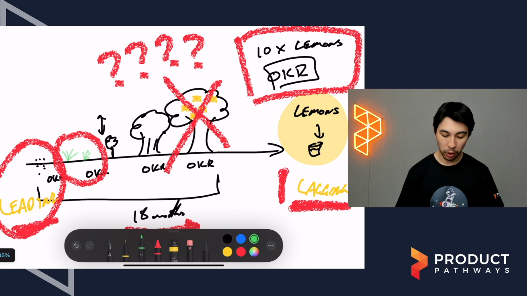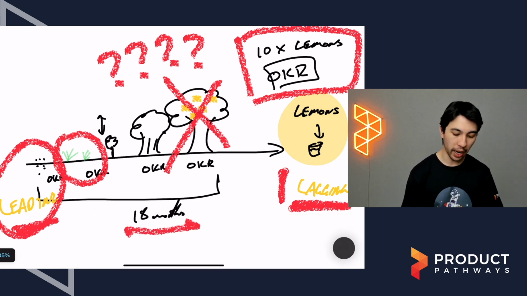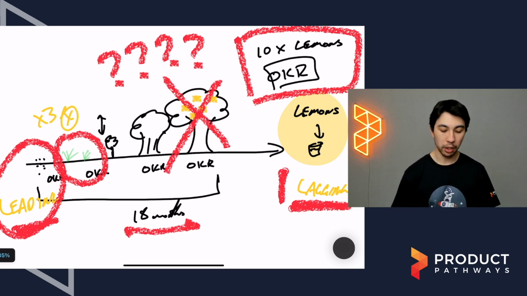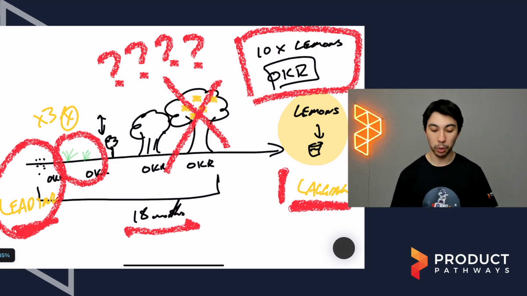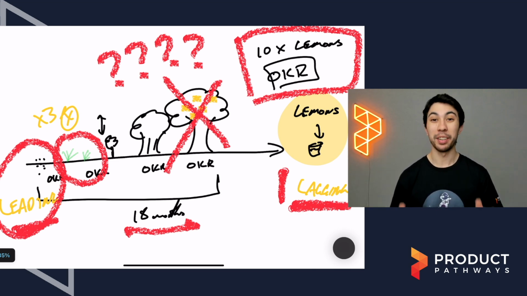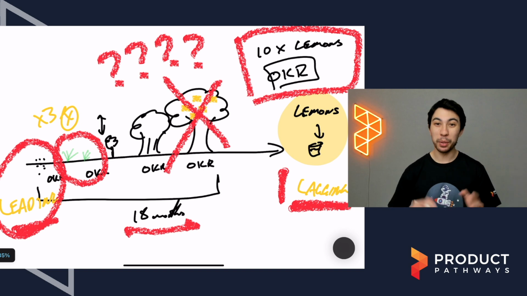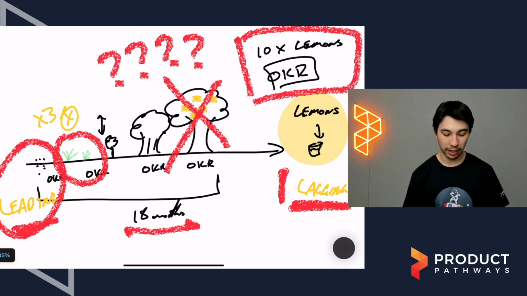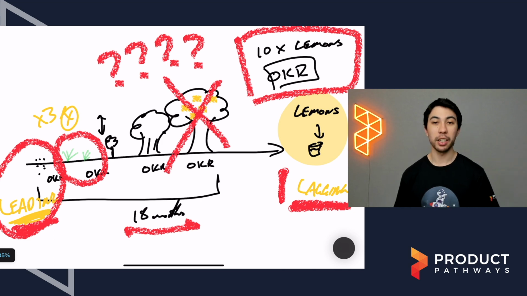Equally, we might also plant seeds, and maybe we tried to plant seeds 3 times and every time it failed. This could be an indication at that point in time to then pivot and to say, well, maybe we just suck at growing lemon trees. Maybe we should just change tactic and do something else. But again, without those leading metrics and indicators, you won't have any feedback in order to be able to make that decision and pivot and adapt.